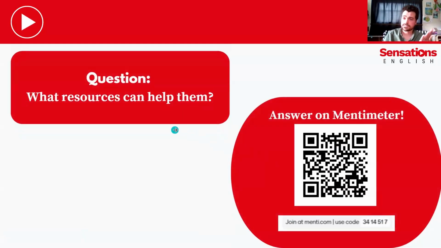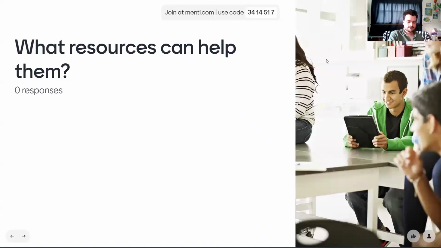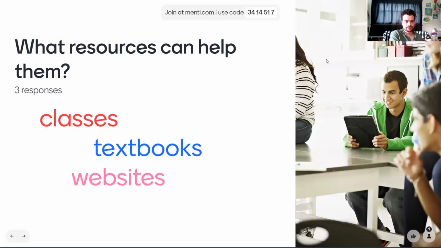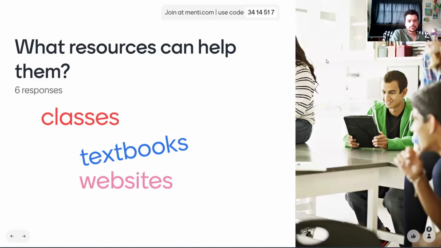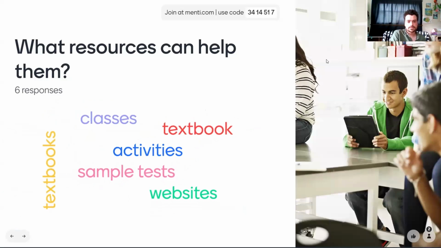What resources can we offer these students? We know what they need. Now, what resources can we offer them? Okay. Yeah, great. So we can offer them classes where you get good interaction and feedback.